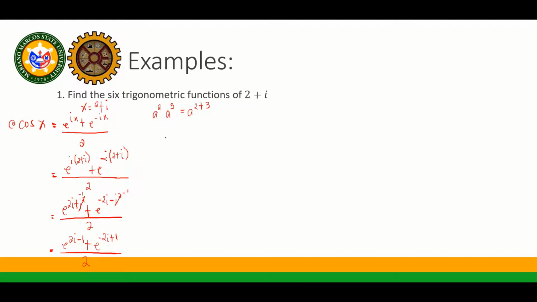Okay, so this will be equal to e raised to 2i, and then e raised to negative 1. Okay, and then plus e raised to negative 2i, e raised to positive 1, over 2. So the next thing we should do is to